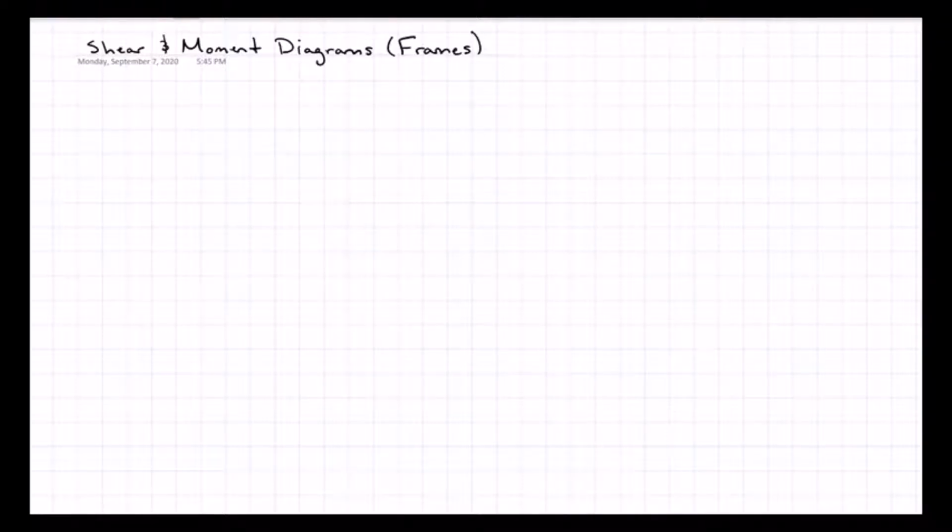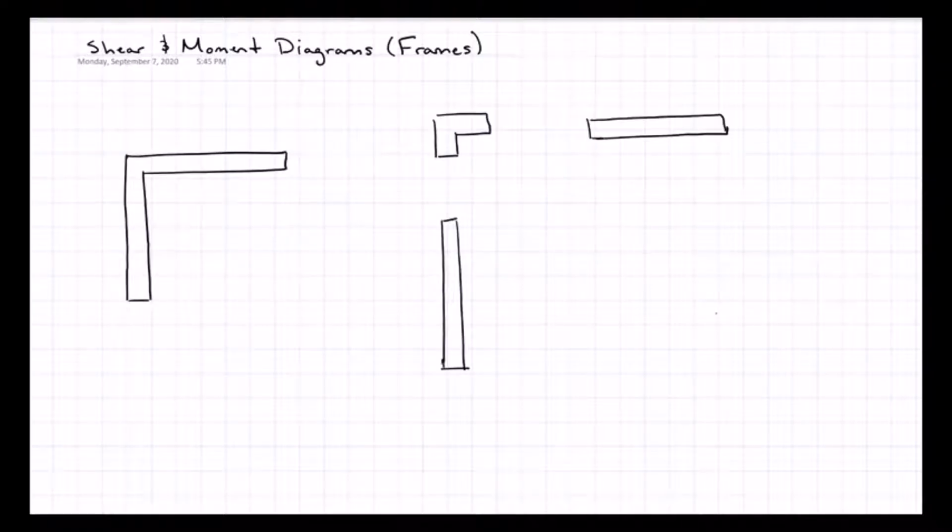Next, we're going to do shear and moment diagrams on frames. We have vertical and horizontal members. Does that cause a problem? No, but we need to be aware that shear forces are going to become normal forces and vice versa. So if I take this corner right here and I expand it out to the vertical member,